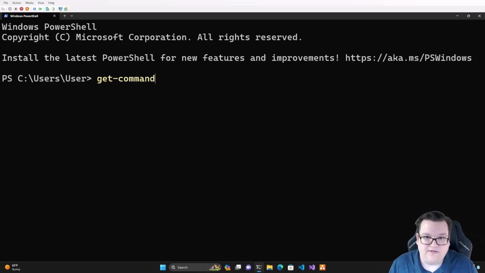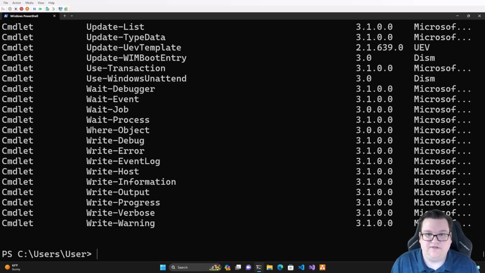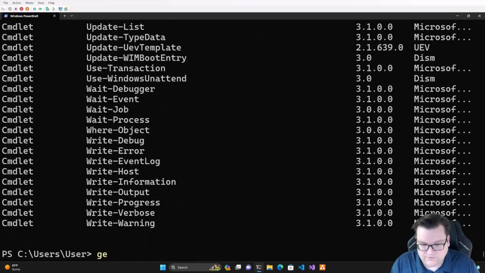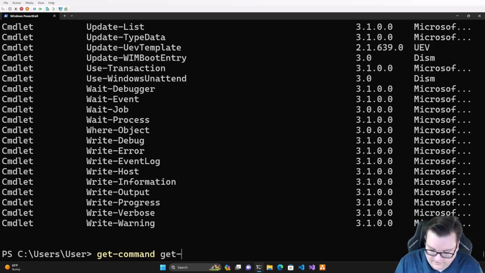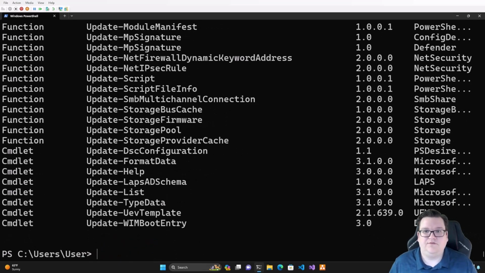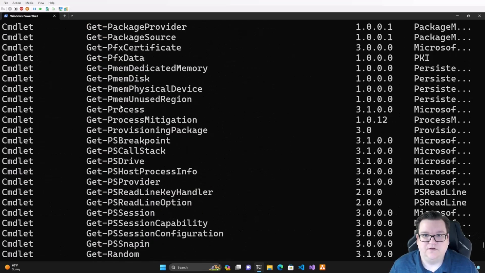If we just type in Get-Command here and hit enter, it's going to sit there and go through every single command that's in your system. It's a whole bunch of data, right? But this doesn't really tell you much. The nice part about it is though, you can use Get-Command to find other commands. So let's say we just want to see all the get type commands, all the ones that start with get. Well, there we go. How about update? And this lists all of the various PowerShell commands that start with update,